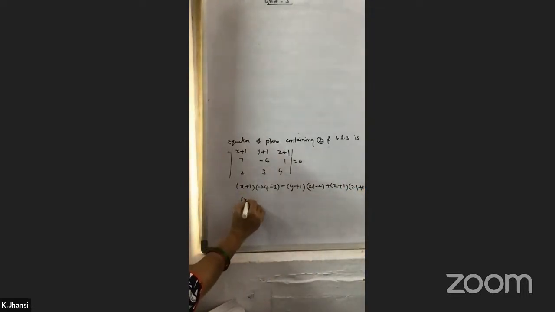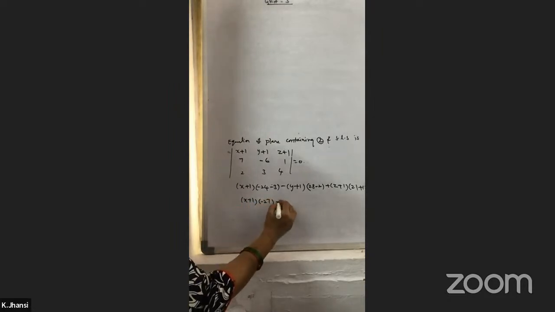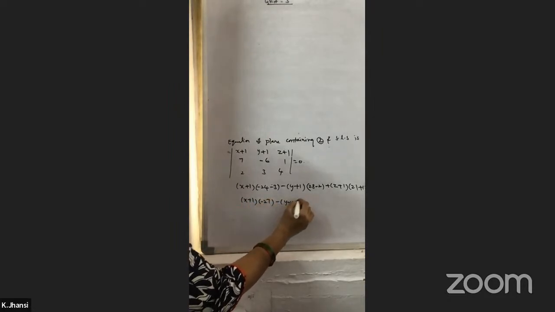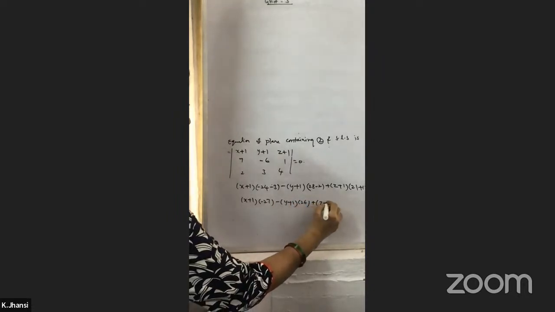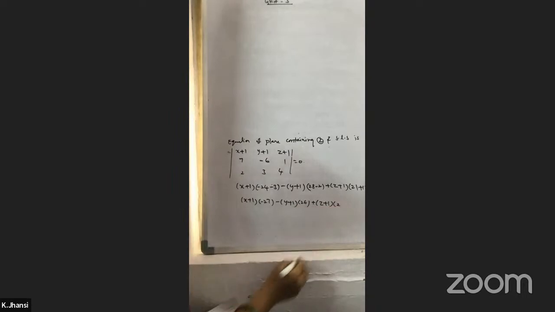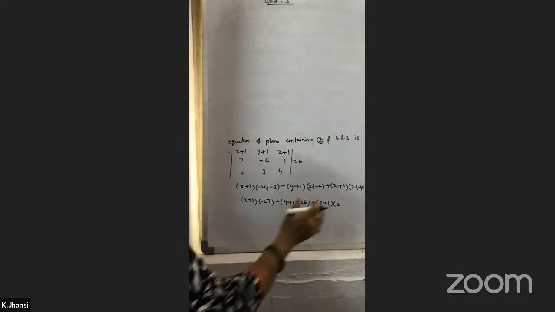So x plus 1 into minus 27, minus y plus 1 into 26, plus z plus 1 into 21 plus 12. 21 plus 12 means 33